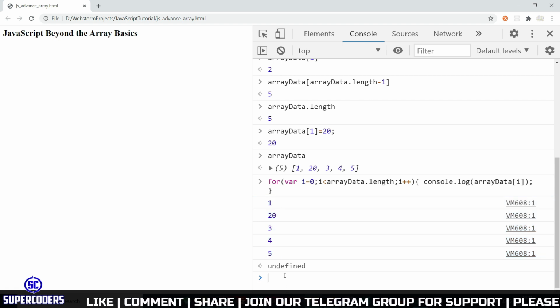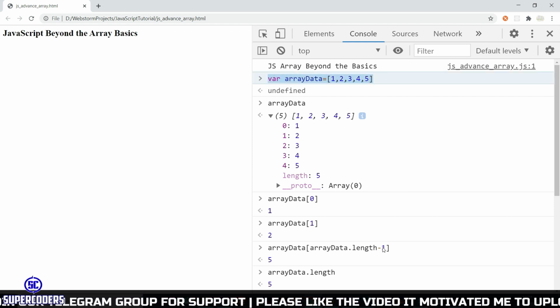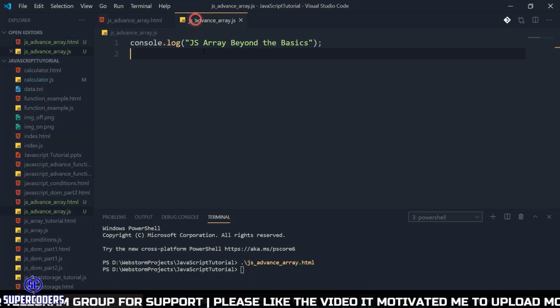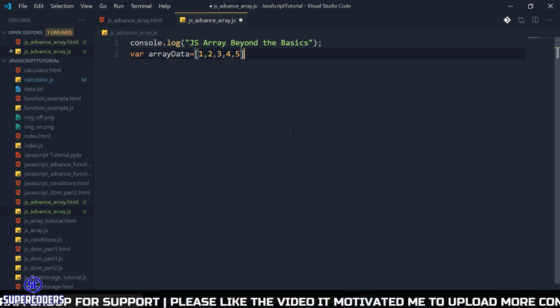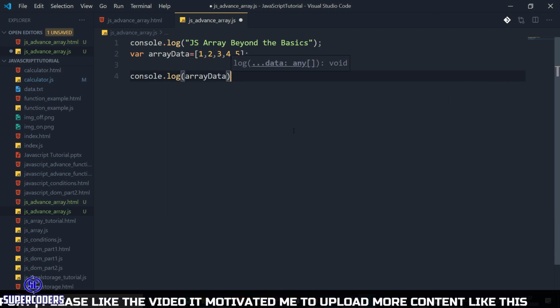Now let's run all this code in our JS file instead of using it from the console. So back to your VS Code and let's see. First copy this example of how to create an array. Let's paste it here. So we have array data, then console.log array data.